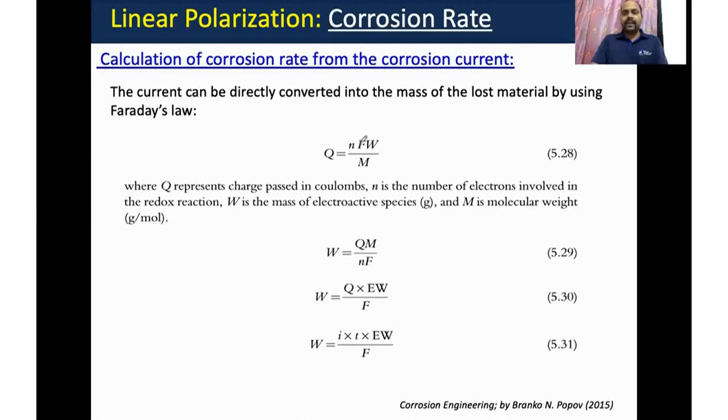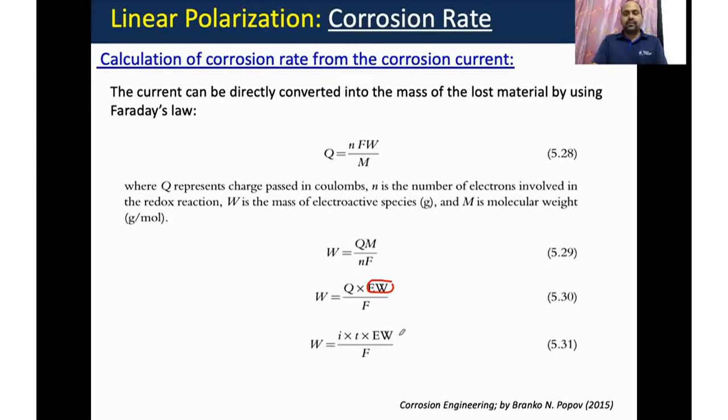So if we divide by A, in both equations, this becomes weight per unit time, and weight per unit area, which is D by A, is known as the corrosion penetration rate, meaning how much material is degraded per unit time, per unit area and per unit density. So you can say the corrosion rate, in centimeter per second, can be written as I corrosion.